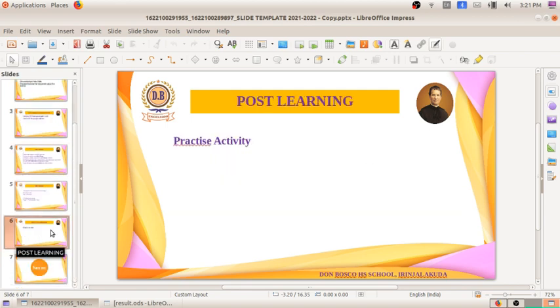So hope it is clear. Hope the chapter is clear. Whole chapter contents are clear to you. Those who have computers, practice the activity. Okay, without any fail, practice the activity. Prepare a document. Apply all the methods which we have studied in the document to make it attractive, and also use the mail merge option for preparing the invitation card, certificate, and participant card. Okay, you can utilize the school resources. Others, note down the steps.